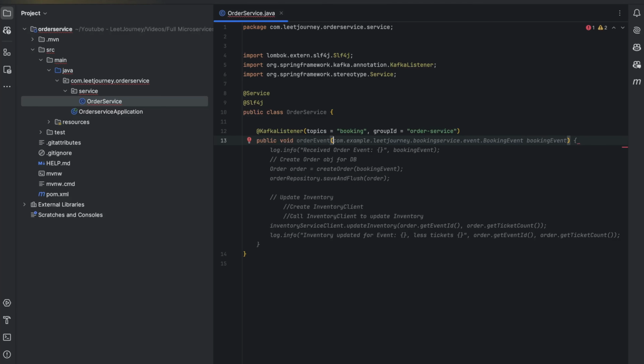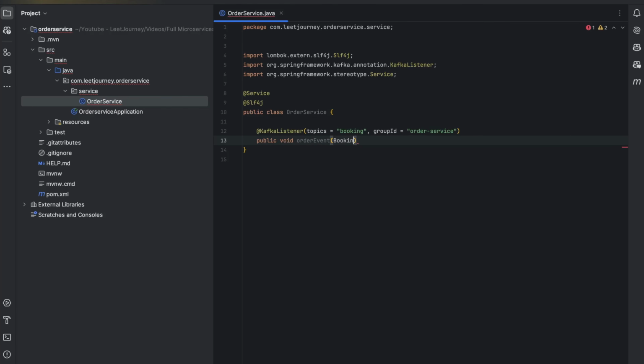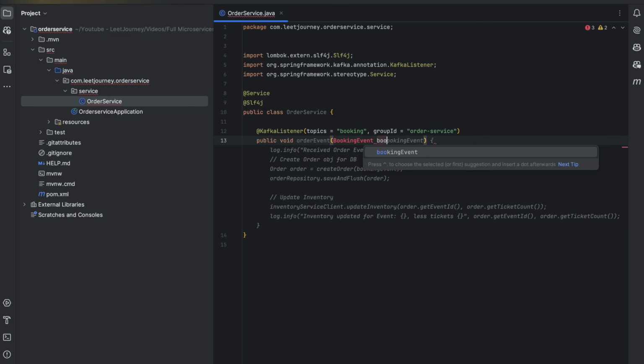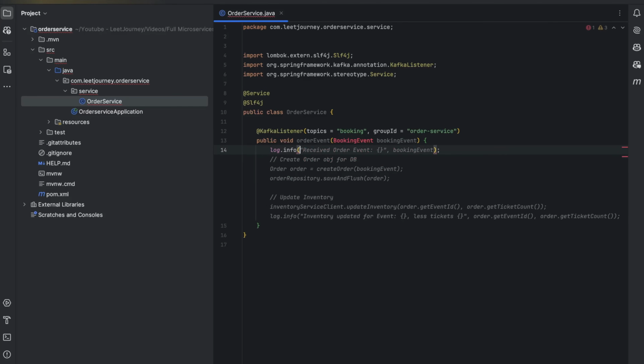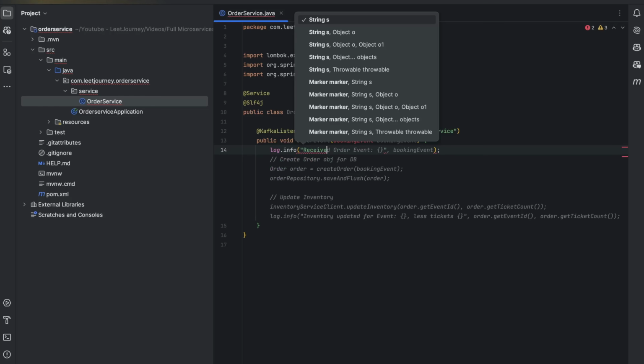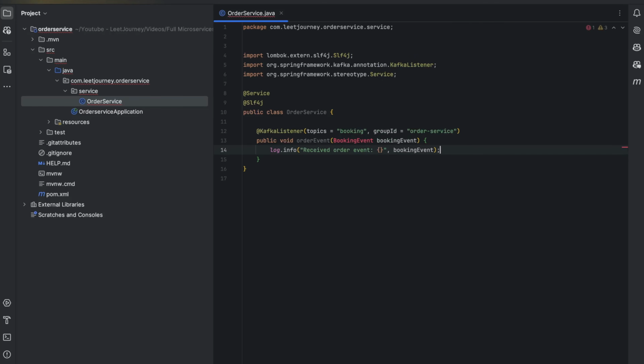Here we're going to be taking in a booking event. So we need to be a bit careful here. I'll show you what I mean with that. So let's call it booking event. And let's add some logs. So log.info